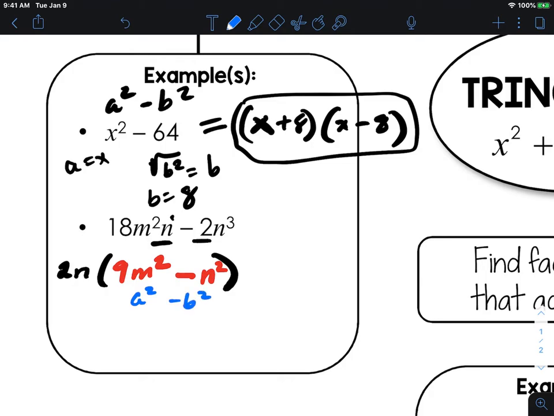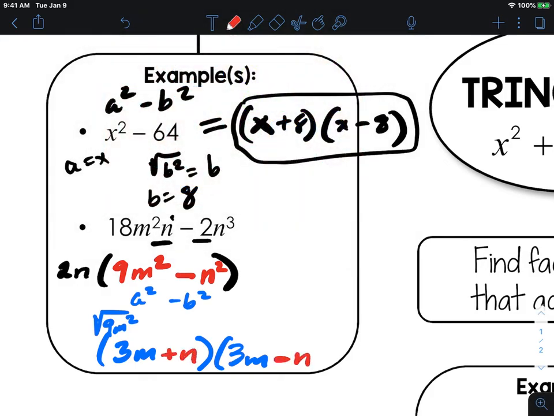So when I take the 9m squared and square root that, that's going to give me 3m. So those will be the first two parts of my parentheses, 3m and 3m. And then when I take the square root of n squared, that's just going to be plus n and minus